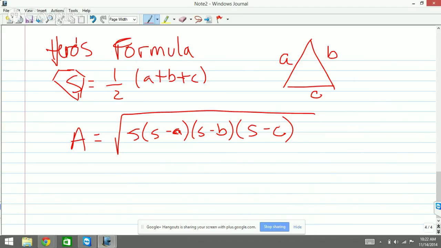Then you insert it into the area formula with A, B, and C. That's interesting. Our book writes it differently, but